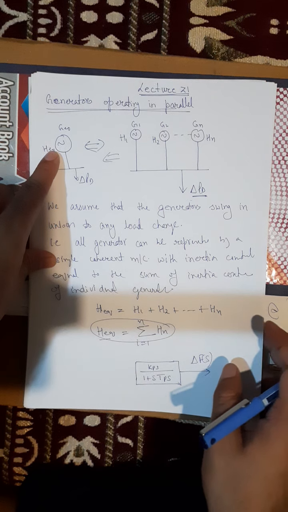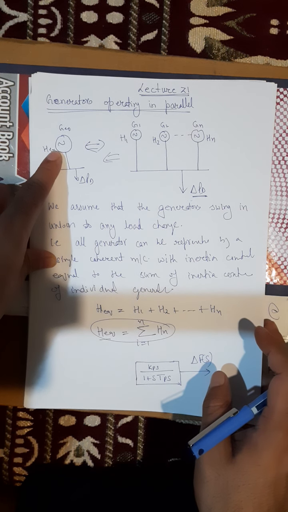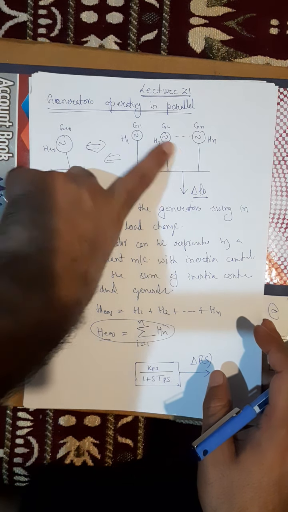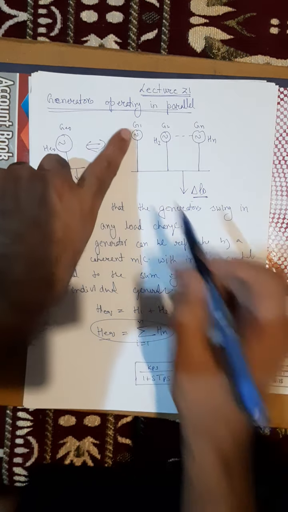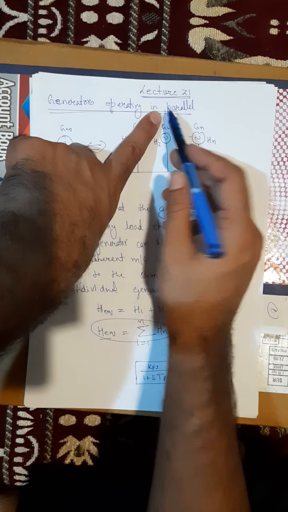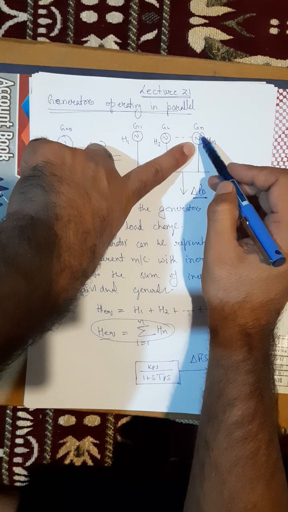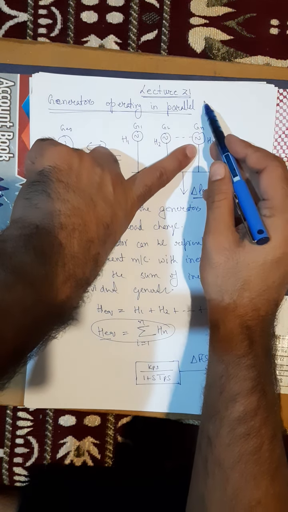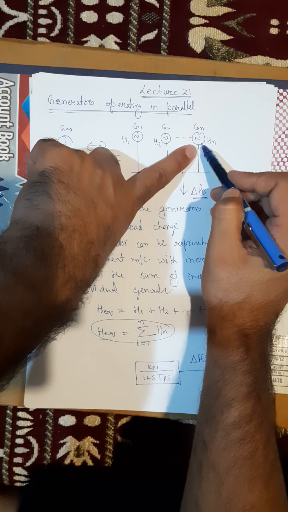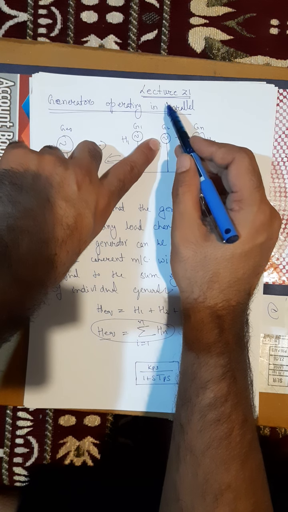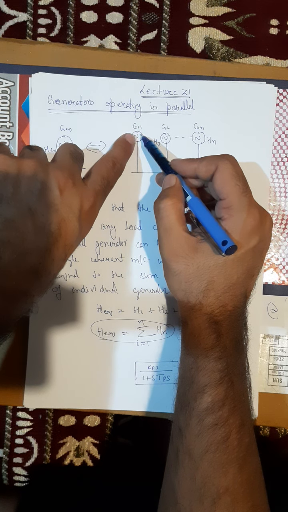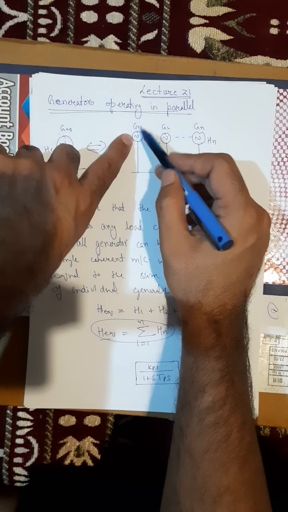Okay, so now this coherent generator is driven by the combined mechanical output of the individual turbines of each generator. That means this is a generator, and a turbine is connected to it. One turbine is connected to this generator, and similarly one turbine is connected to this generator. The output of the turbine of generator 2 will supply power to this generator, and the output of the turbine of generator 1 will drive generator 1.